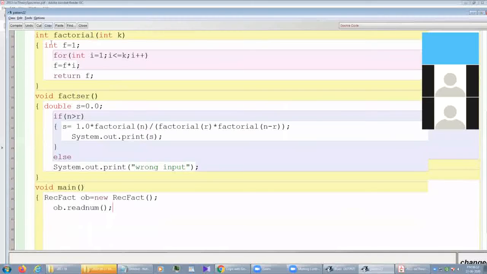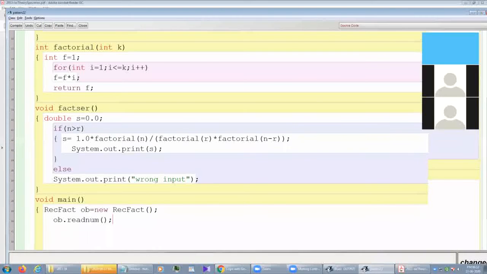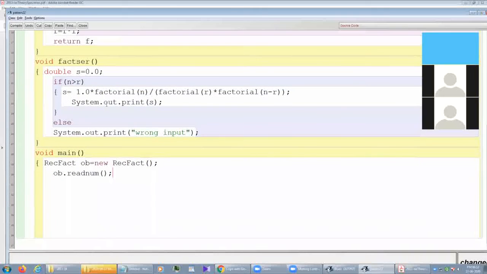No need to call the factorial method separately because under fact series this factorial method is already called. So to get the result directly we can write ob dot fact series. This is the use of the main function. No need to do anything else.